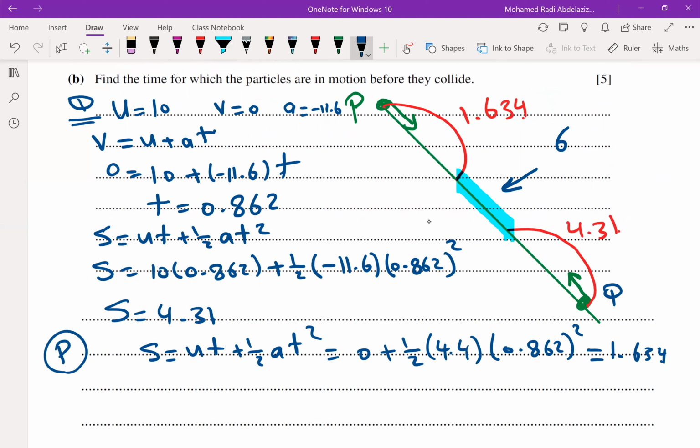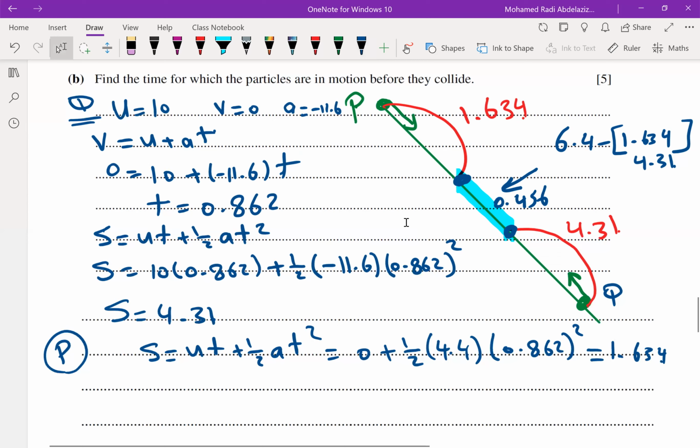It's 6.4 minus the sum of 1.634 and 4.31. So the answer is 0.456. This means now particle Q will start to move down, slide down, and particle P now is also moving down, and there is a part in between,